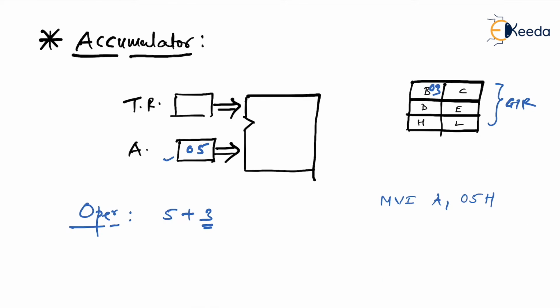Next, 03 we want to store in register B. For that we will write a similar instruction, that is MVI, but this time the destination will be B, 03 hex. In this case 03 data is stored in B register. After that we want to actually add A and B, but in the hardware you can see that 3 is present in B register and not in the temporary register. Am I right? Also, if we add A and B, then we need to write an instruction for that, because otherwise how will the microprocessor understand that you want to add?